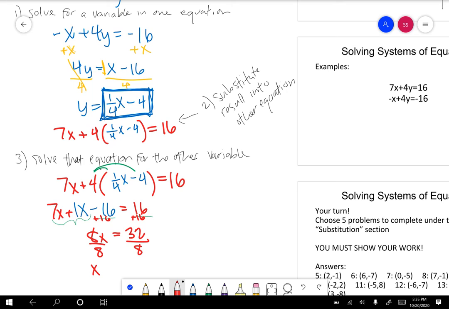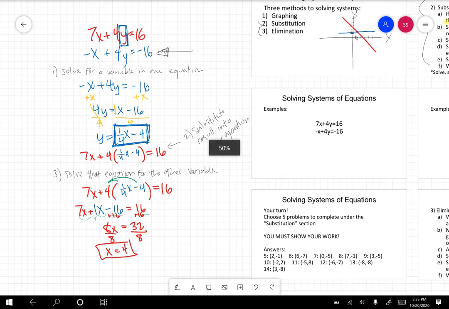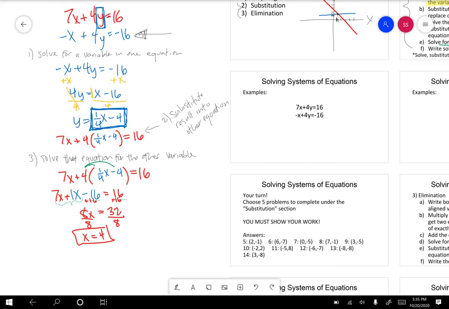And we would be left with x equals 4. Okay, so I'm going to highlight that because that's important information that we'll turn back to in just a second. So here's where we're at so far. We solved for a variable in one equation, substituted the result into another equation, solved that equation for the other variable, and now, drum roll please,